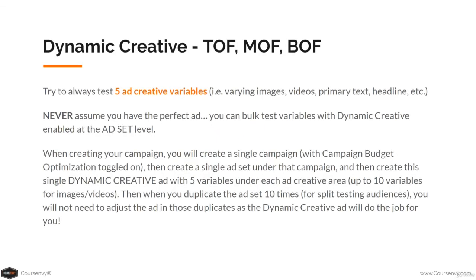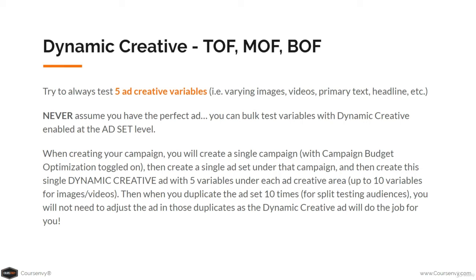Dynamic creative. Try to always test 5 ad creative variables. At the top of funnel, middle of funnel, bottom of funnel. This will include your varying images, videos, primary text, headline. Never assume you have the perfect ad. You can bulk test variables with dynamic creative enabled at the ad set level. So when creating your